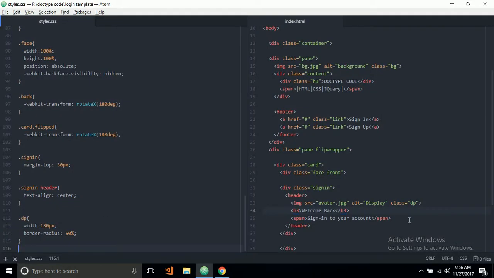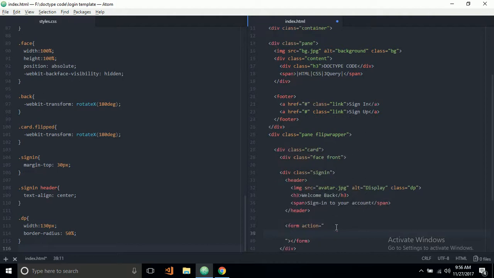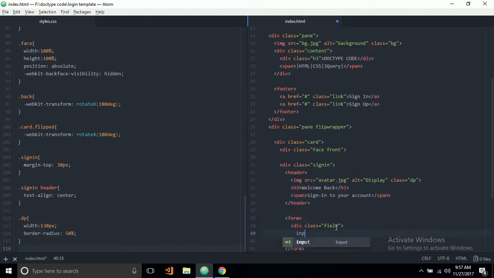So now for our form, after this header, I want a form, sorry, I don't want any form action because we don't need it. I do want a div with the ID of field, and inside that I just want to put the input element. So let's say this is text, and for this I just want placeholder. I don't need to specify any other property because we are not gonna give it any functionality of form. So just the placeholder, and let's say username,